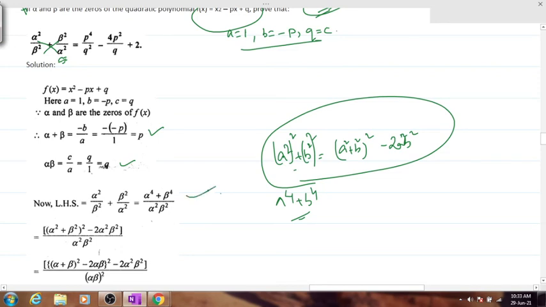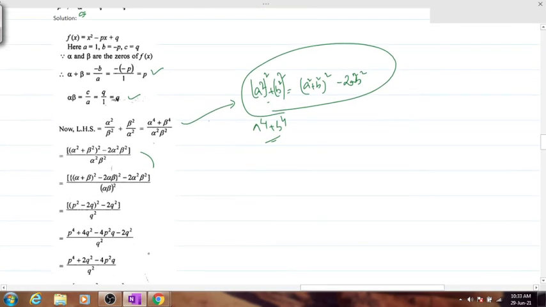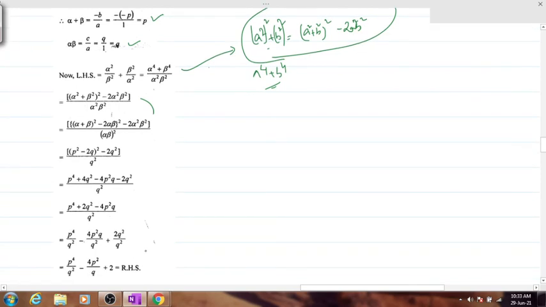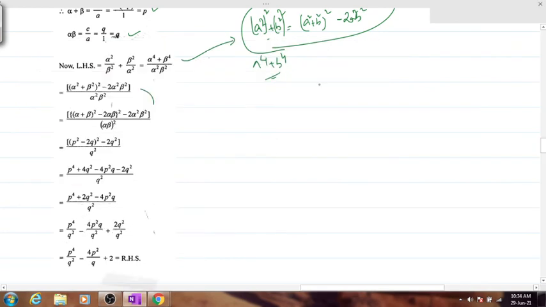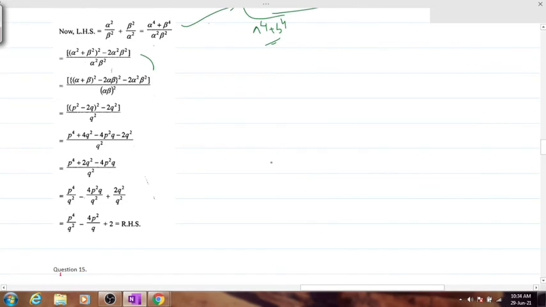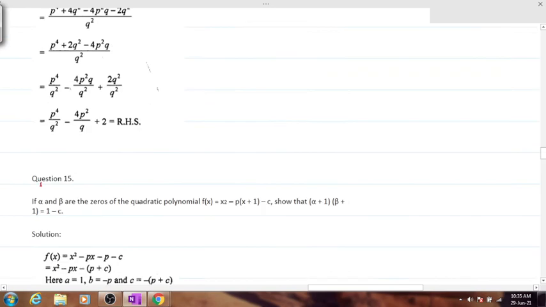If this formula is not clear, you'll have to copy this down in the RHS portion, and after solving this, we'll easily get the RHS quantity. So I would expect you all to copy this entire thing down. I'll pause the video for you all, and you have to ask me if you have any doubts in this. If you don't have any doubts, we'll move on to the next numerical. Do people need some time to copy this down? If no, I'll take that as no.